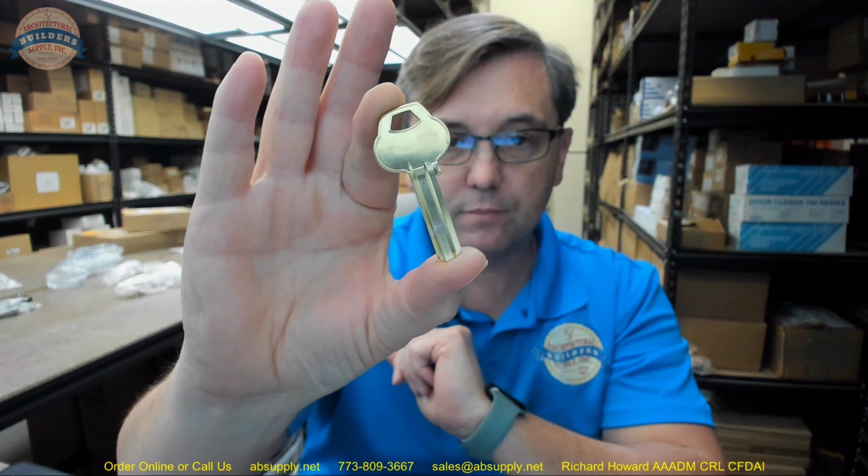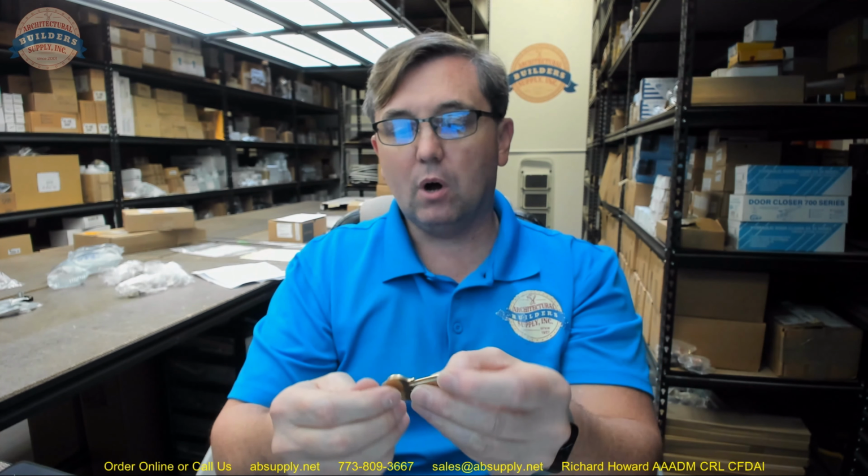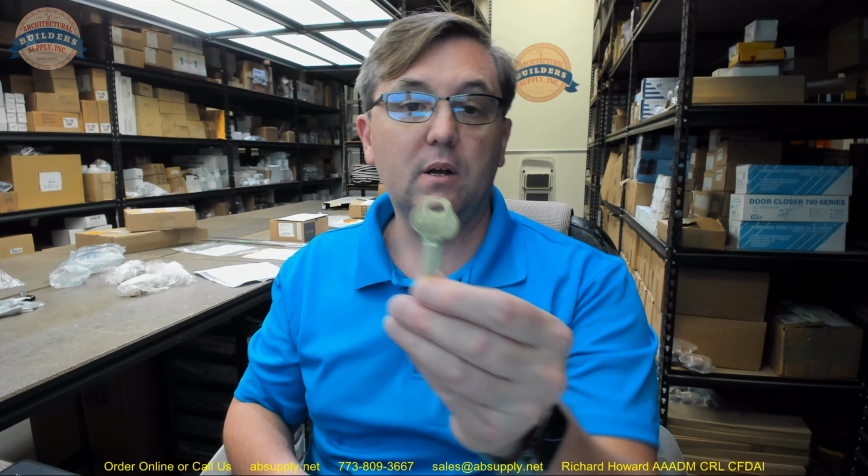So first of all, this is a blank one side. DND, do not duplicate, on the other side. Okay, that's what is called visual key control. You put a stamp on the head of the key, and while there's no actual protection preventing this from being duplicated, there are certainly